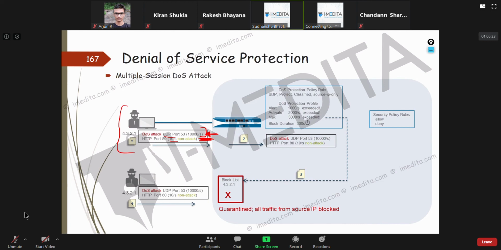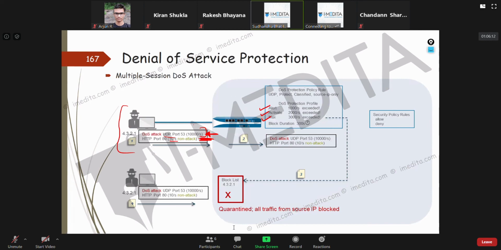So what happens here is when the traffic reaches Palo Alto, it has a DOS protection policy for it. We'll look at what we can see in it later. But the point here is that in this policy, there are three thresholds, three levels: one is alert, another is activate, third is maximum.